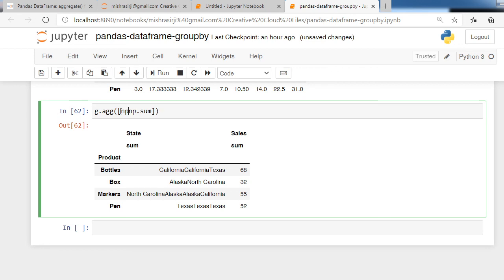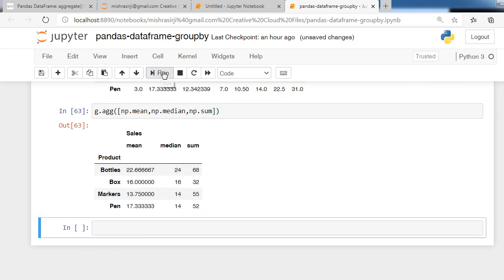So I am writing here np.mean, comma, np.median. So with this single statement we can get the mean value, median value and sum value. This output displays the mean value, median value and sum of each group.